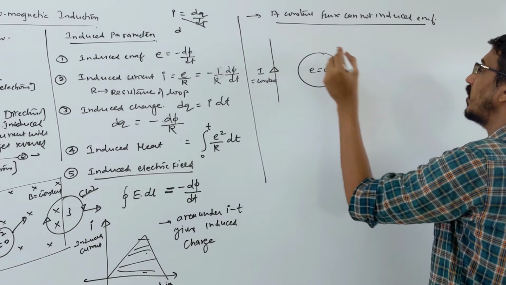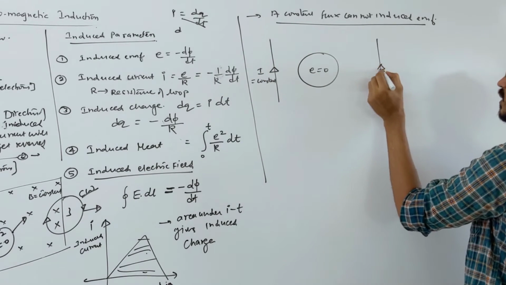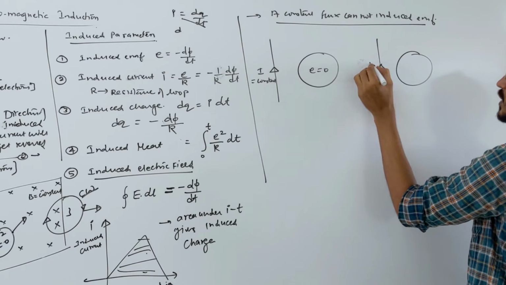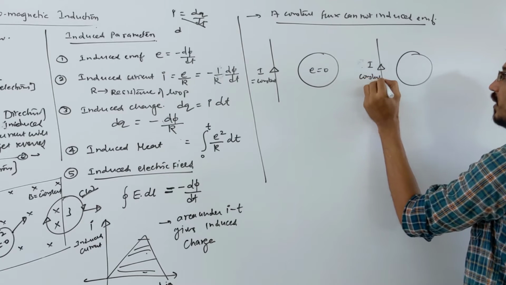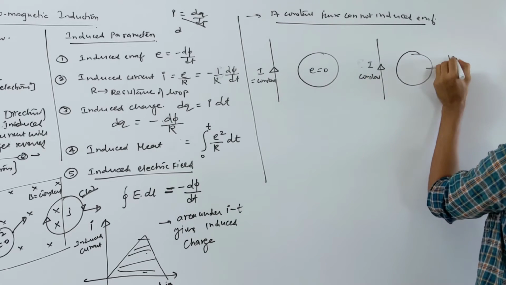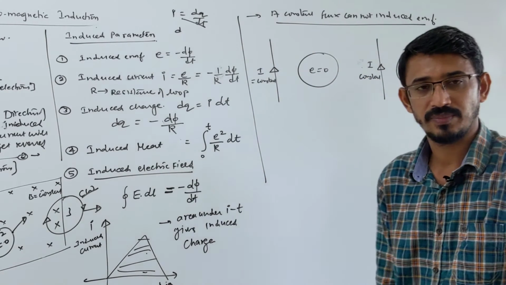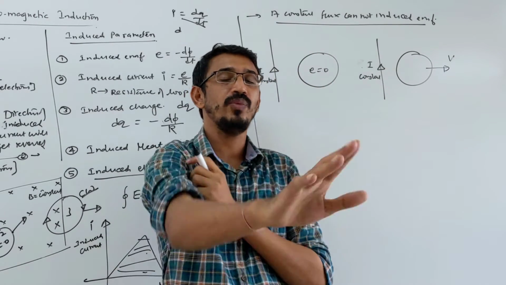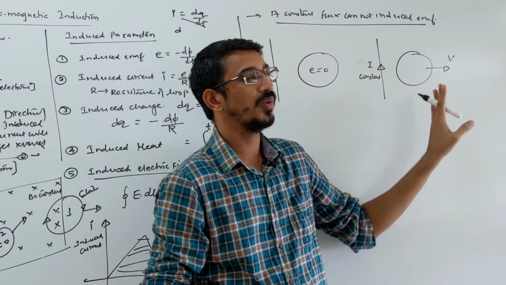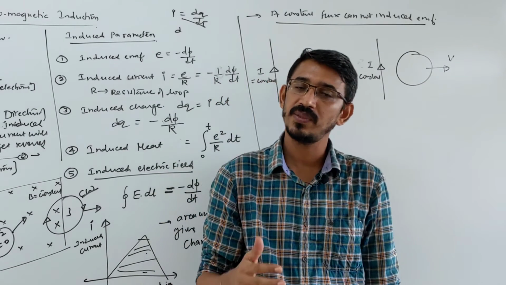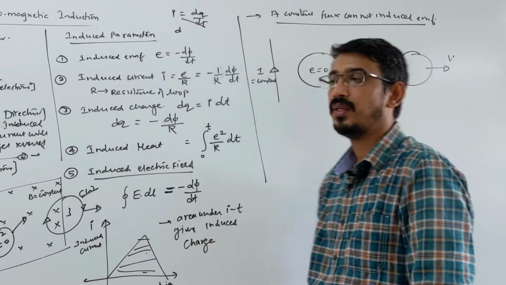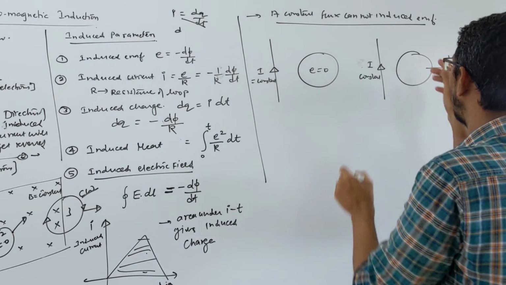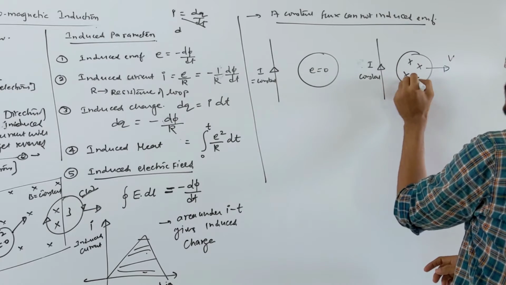But the same picture I modify this way. This is a wire and this is a loop, and again I is constant here. Constant current is flowing through this, keep in mind. Then this loop is moving away from this. Here the loop was stationary, right? Now the loop is moving away. Now is EMF induced? Yes, EMF will be induced. Why? Because this loop is moving away. So what is the direction of field due to this current? Inward. Correct. Now this loop is moving away.